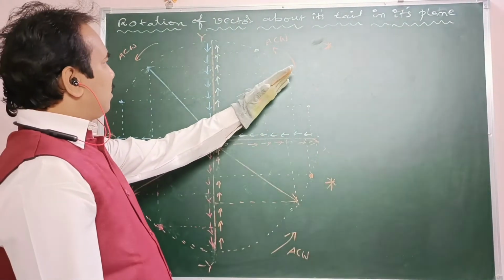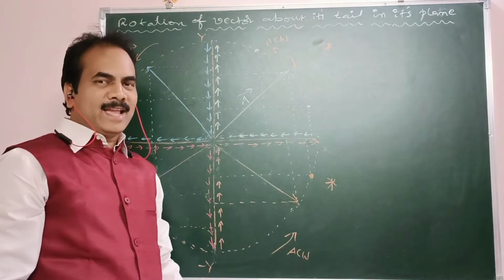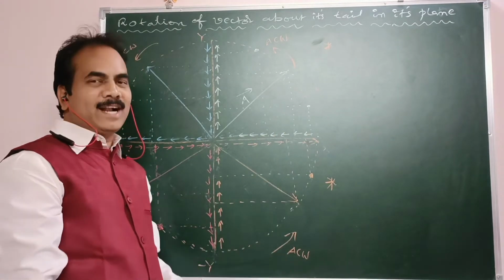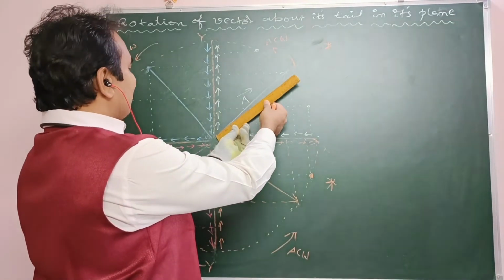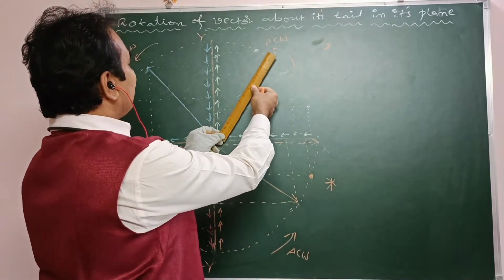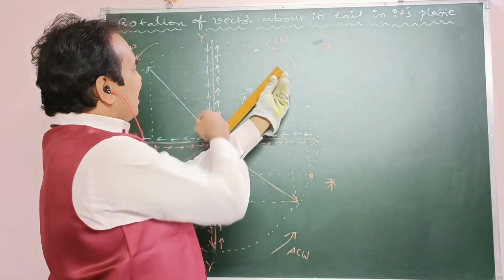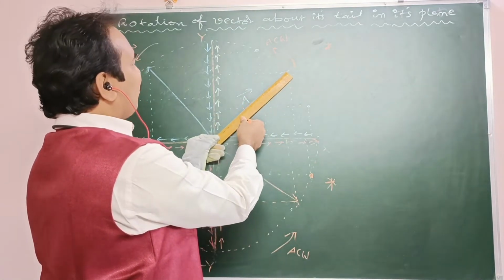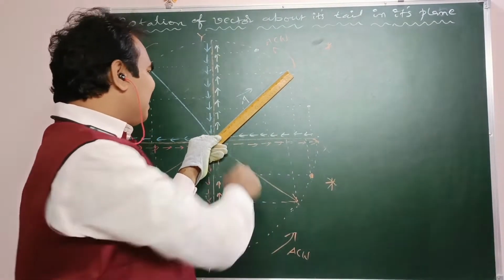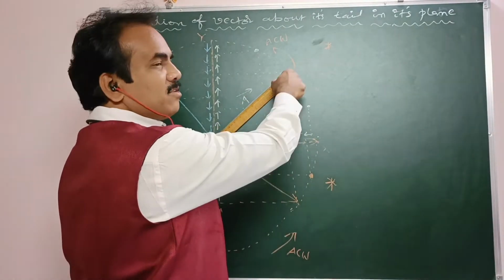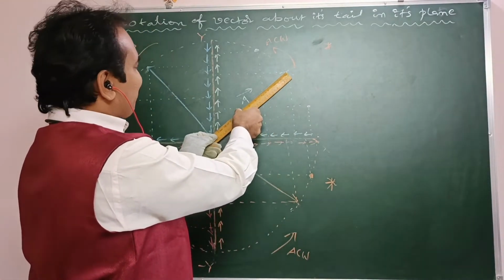Suppose vector is rotated completely, means through 2 pi angle, 2 pi radian. Suppose vector is rotated about its tail in its plane like that. On complete rotation, is there any change in direction? No. Why? Because it again aligns in the previous direction. Means no change in direction. Is there any change in total length, that is magnitude? No. Total magnitude remains same.